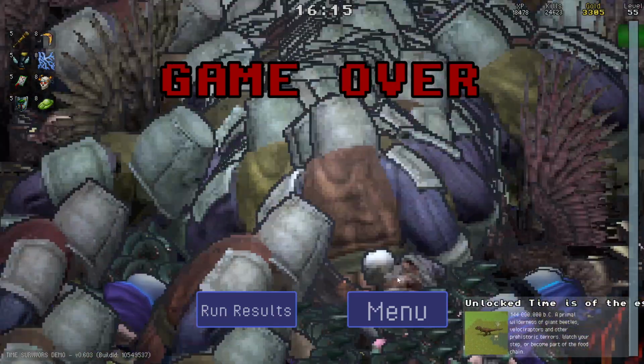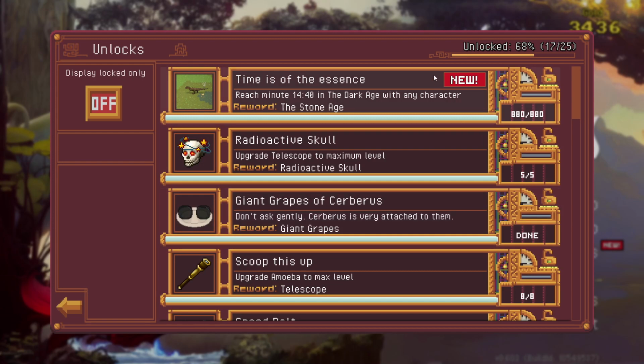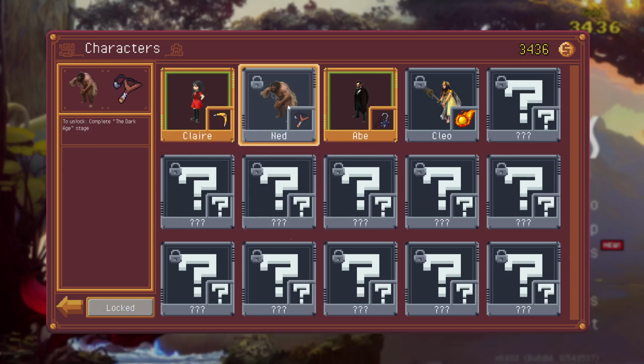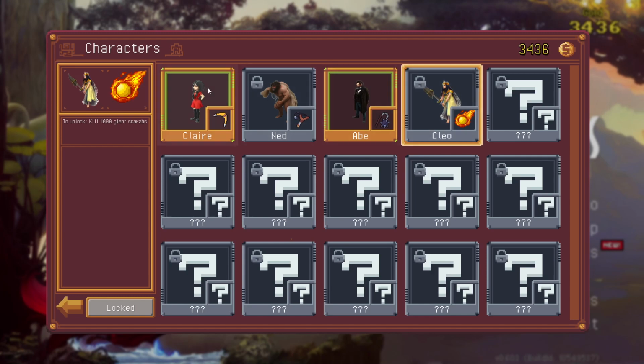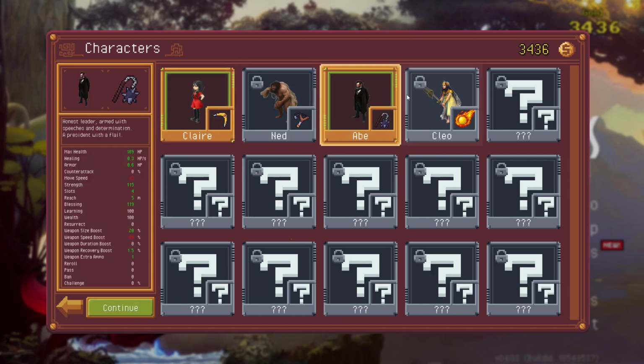What the heck is happening here? Let's see the unlocks. Time is of the essence. Stone Age. A primal wilderness of giant beetles, velociraptors, and other prehistoric creatures. Maybe this is where you get the scarab stems. Did that count as... No, it still didn't count as completing Dark Ages. But you'd think the Dark Ages would be after the prehistoric times, so...